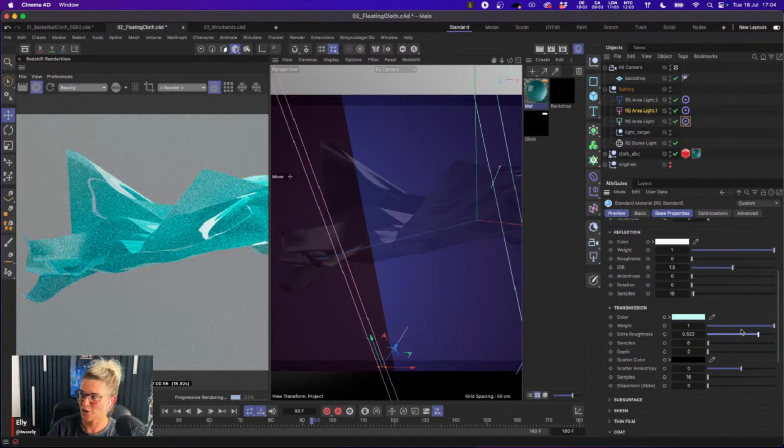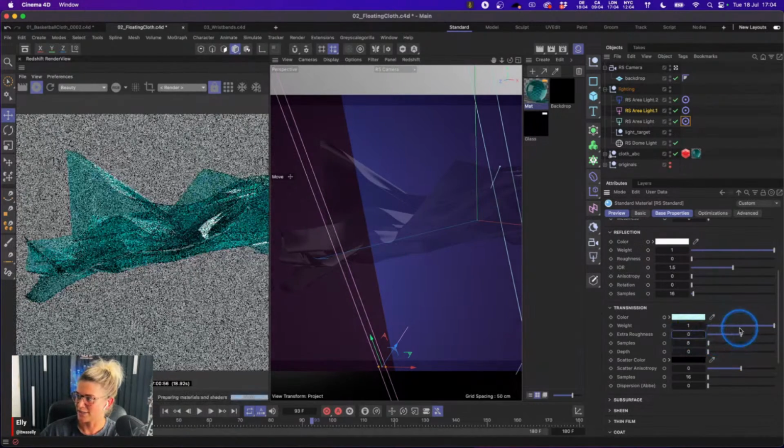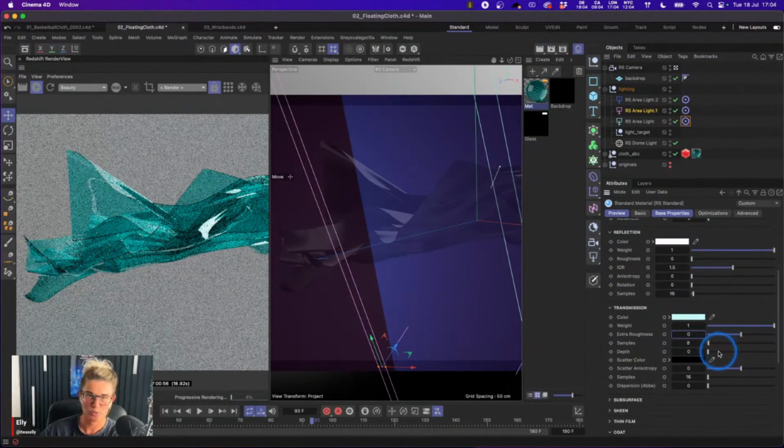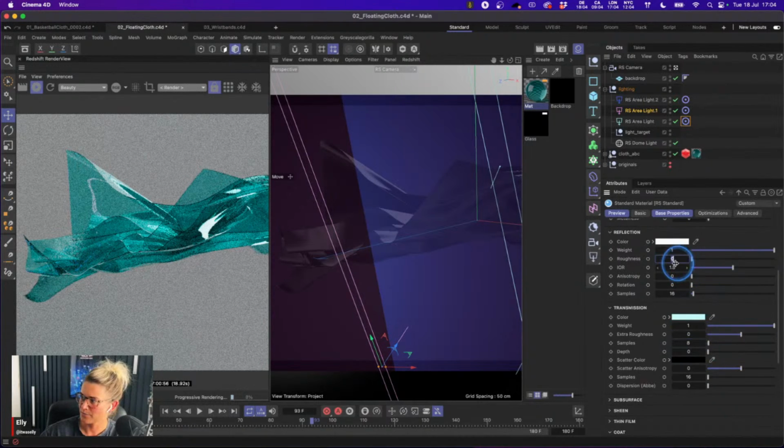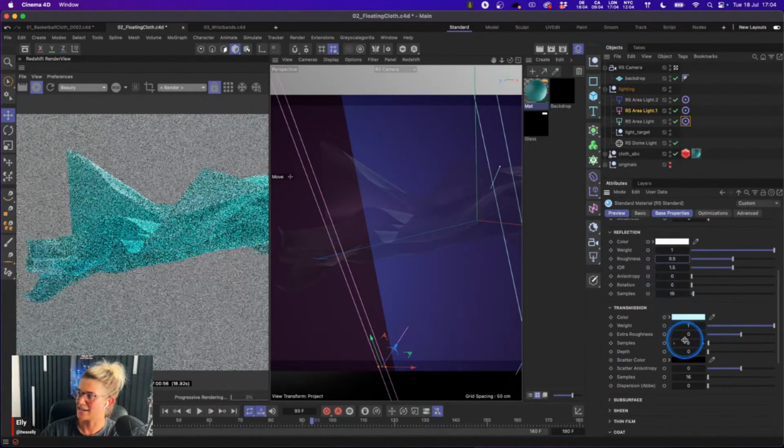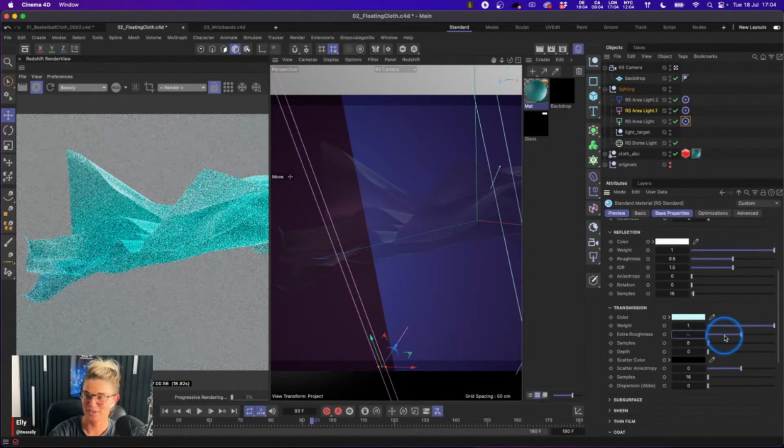And so what we can do is we can use these 2, and when you combine the 2, it creates what we would call transmission roughness. So if I just pull this back to 0, what you'll notice is 0 is actually in the center here, and that's because we can do negative values as well. And so if I did a roughness value of 0.5, reflection roughness, and then I did a transmission extra roughness of minus 0.5,